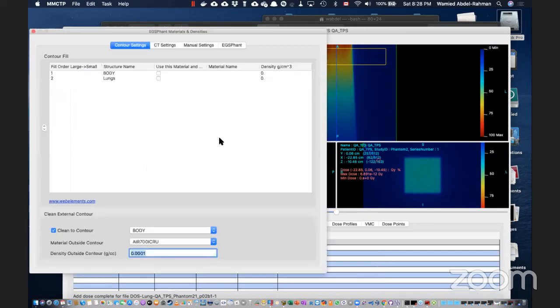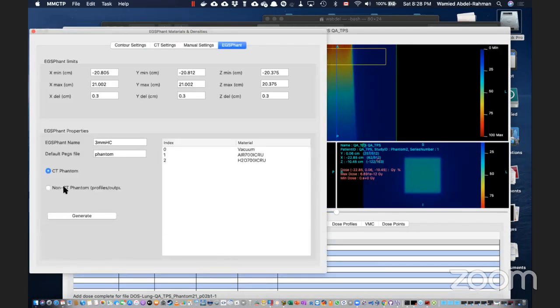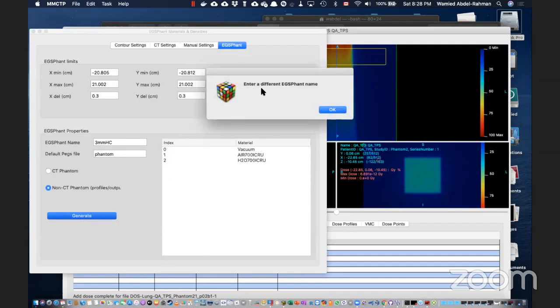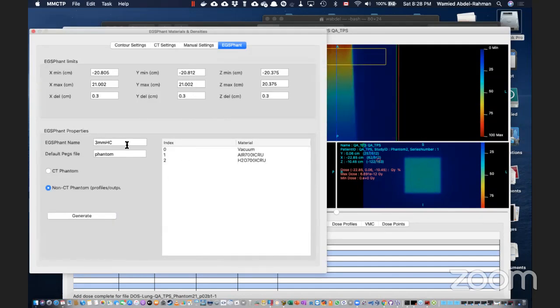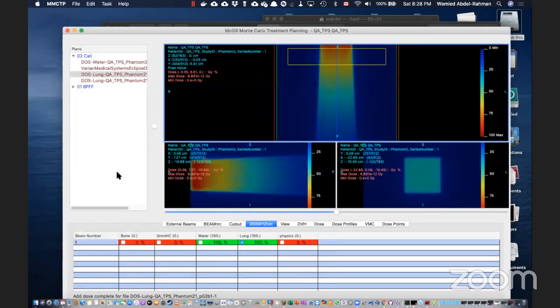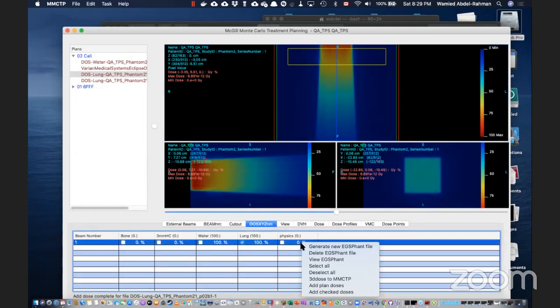So should I go and, for example, do this non-CT phantom? When you click on that, will it allow you to generate something that's specific to your needs? I thought last time it gave you an error. No. Okay, let's try and create one. Yeah, physics. Okay, so I got this. But now when you click on it